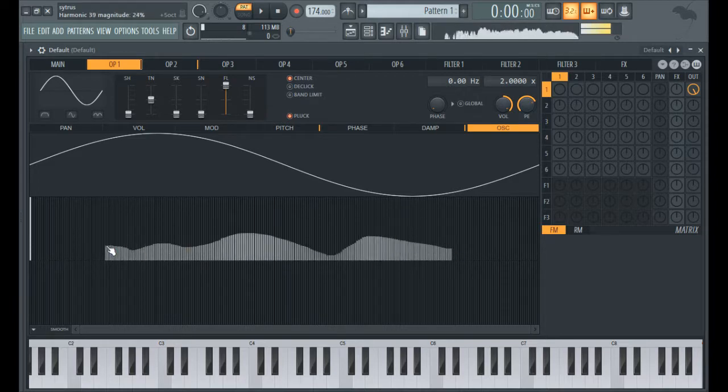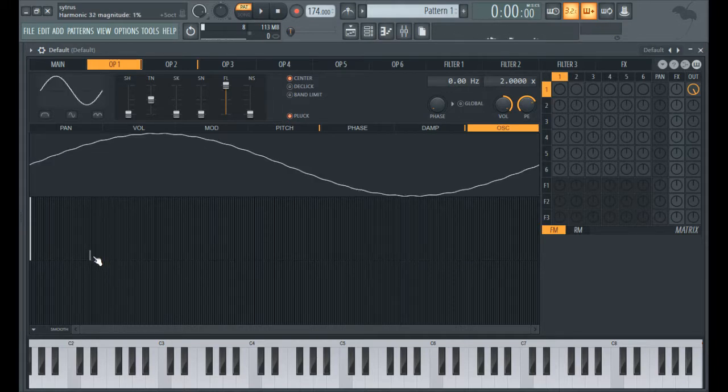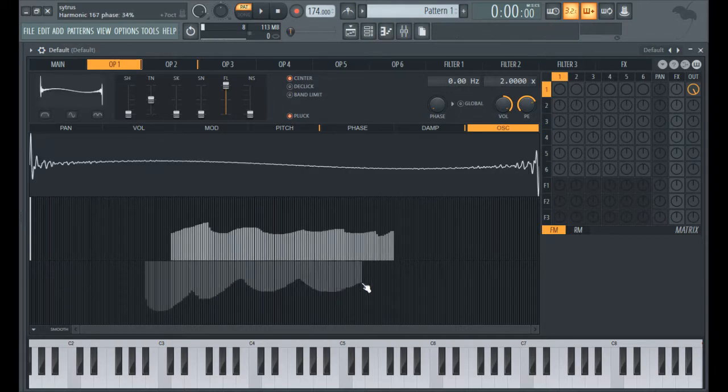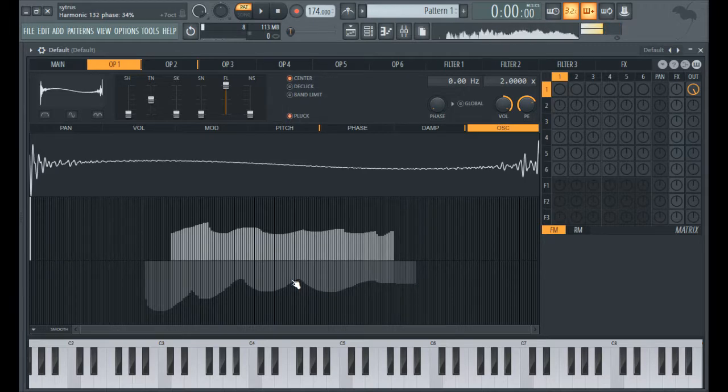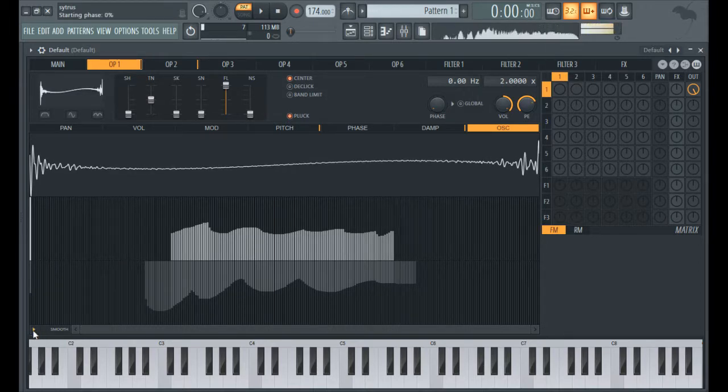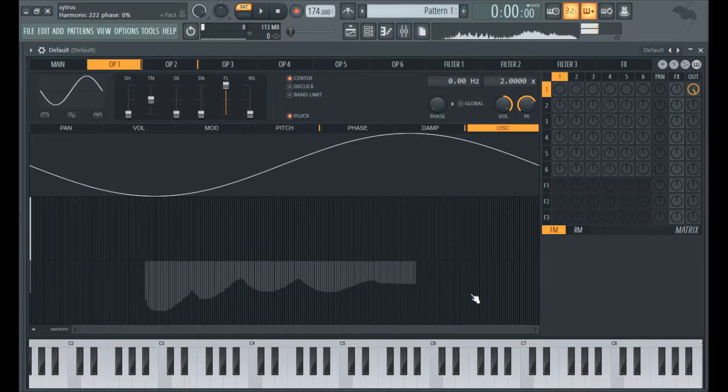I'm going to go over this a bit more in depth, but you can add the harmonics on the top half. The bottom half is the phase, the starting phase of each individual harmonic. So I'm changing the starting phase of the fundamental right now. You can reset it, I believe, or can you? You can actually not, but it's pretty easy to reset them. Just